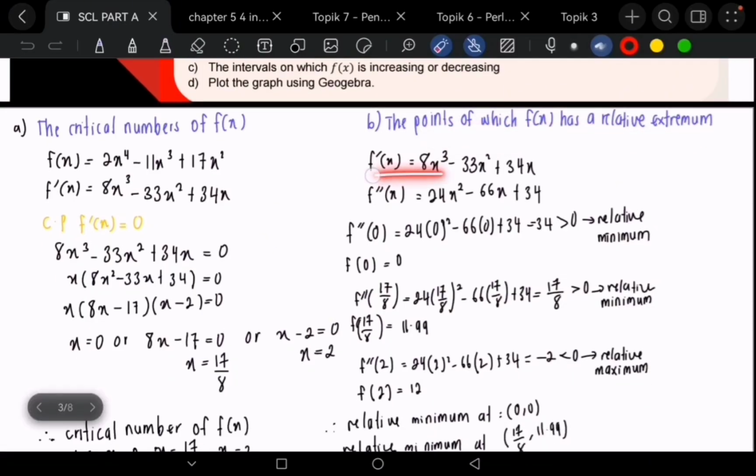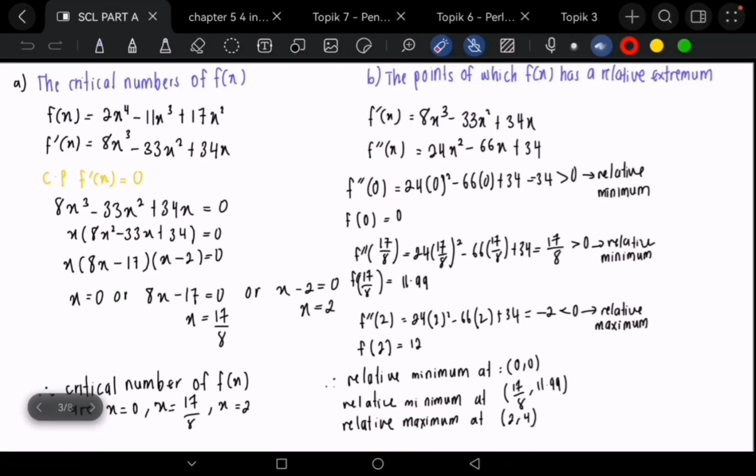And then part B, the points at which the function has relative extremum. From the first derivative, find the second derivative using the same method, and then get 24x^2 minus 60x plus 34, and then substitute the critical number x equal to 0 and then get 34 greater than 0,